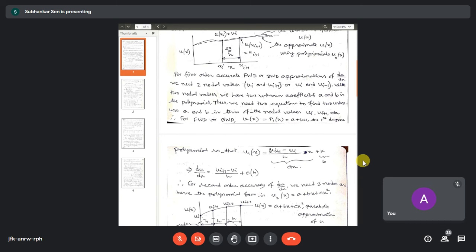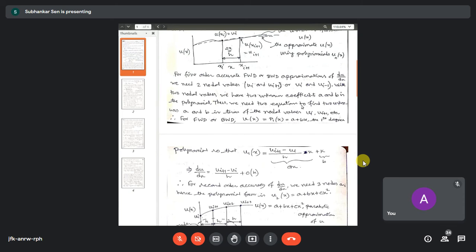This is the m. Okay. And this is the x, and this is the constant. So slope is constant for a straight line. So this is a constant quantity. If you take the derivative of this term, then you will find that du dx equals to forward difference expression, ui plus 1 minus ui divided by h. So this is the forward difference formula.